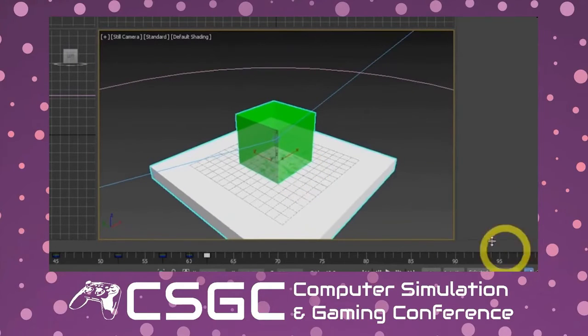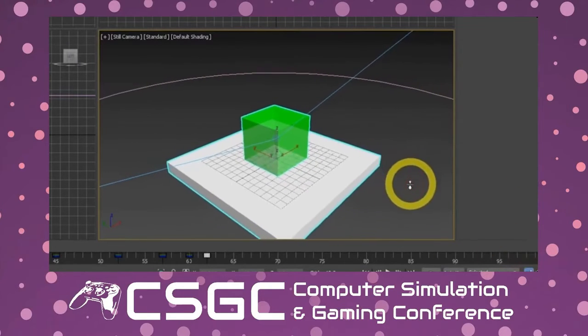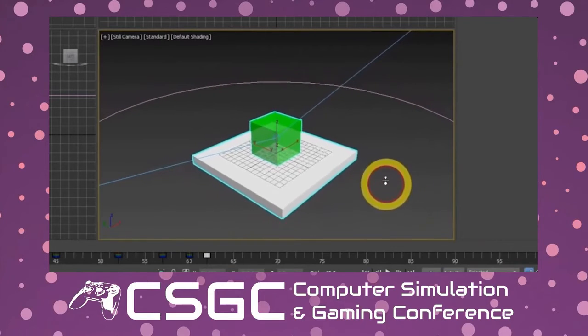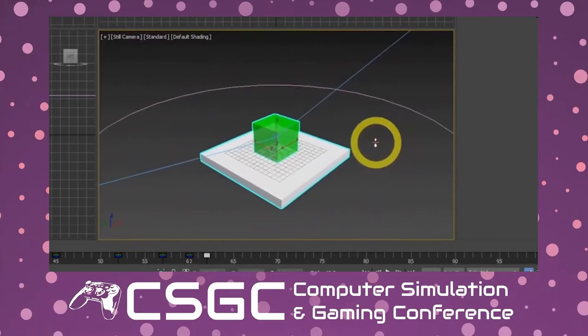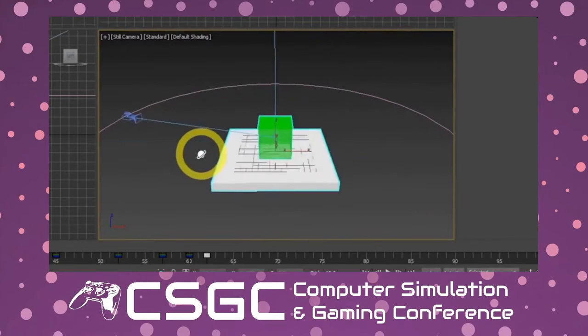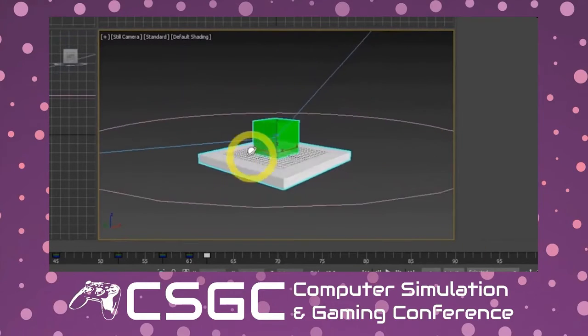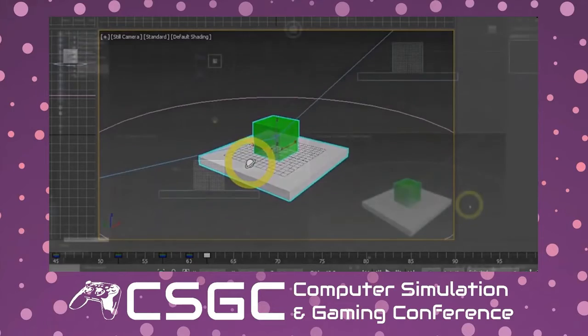I can use the dolly tool to move the camera in and out, further in and out away from the objects. The depth of field is more like a zoom in and zoom out lens, and the dolly is physically moving the camera. There's a couple of other tools here. There's even rotate, where I can change the angle of what my camera is looking at.